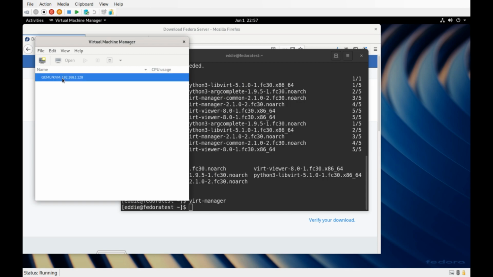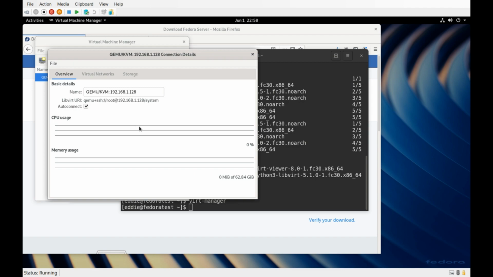So at this point, we now have the connection to our hypervisor. If libvirtd wasn't running, you would receive an error, and the error would probably say, hey, check the libvirtd service, but we know it's running because when we rebooted the server, we checked the server status. So what you can do in Virtual Machine Manager, we can go to Edit, Connection Details, and this shows that